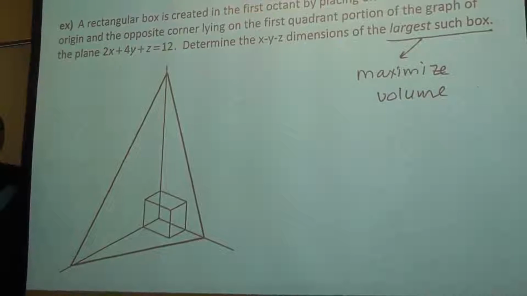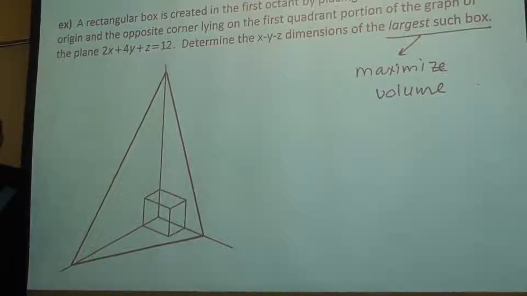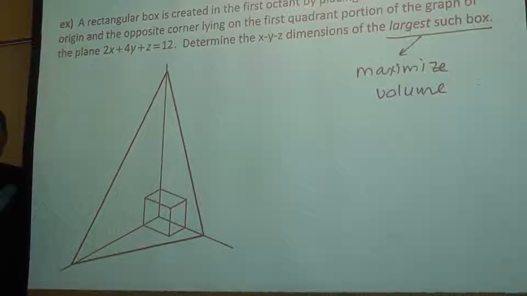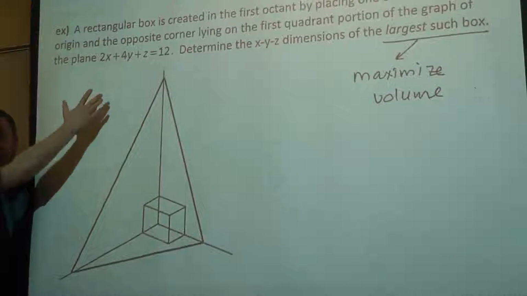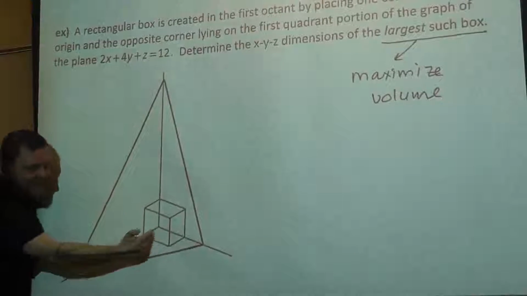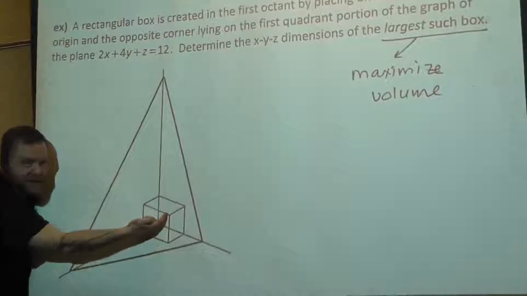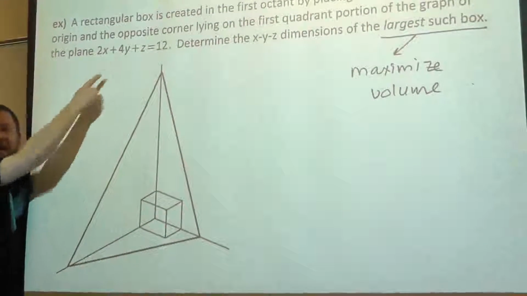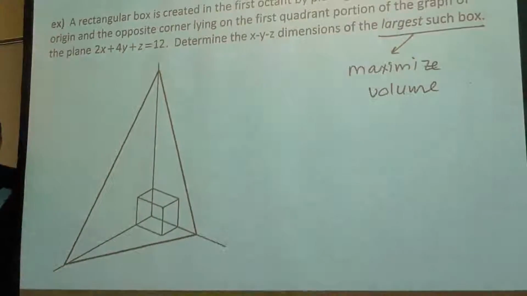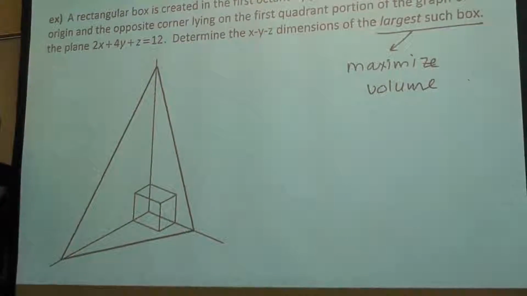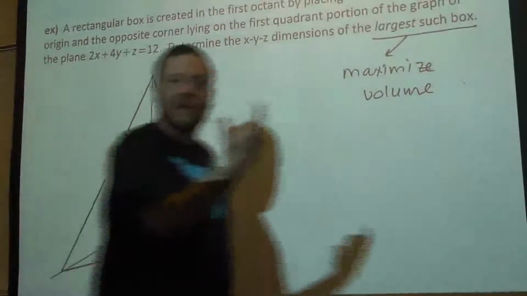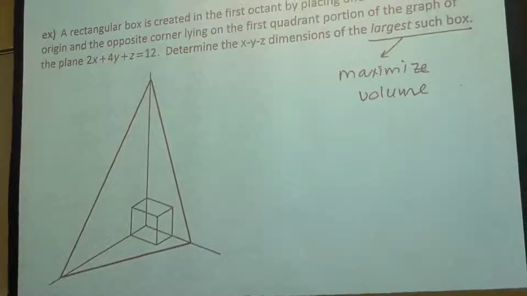Well, not necessarily 2, 4, 1. You have to end up at some generic point on the function, the surface, the plane. Yeah. So going this distance for x, that distance for y, and that distance for z locates a point that's on that equation. Okay? So once again, if we generically represent the length or the width as x,